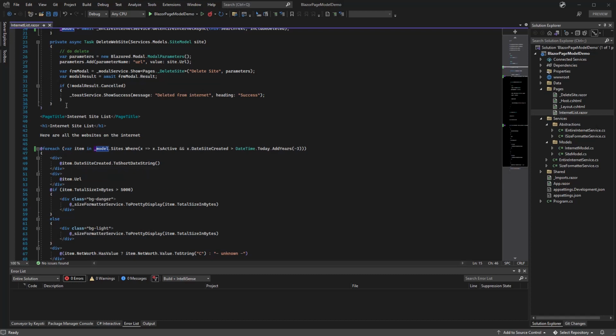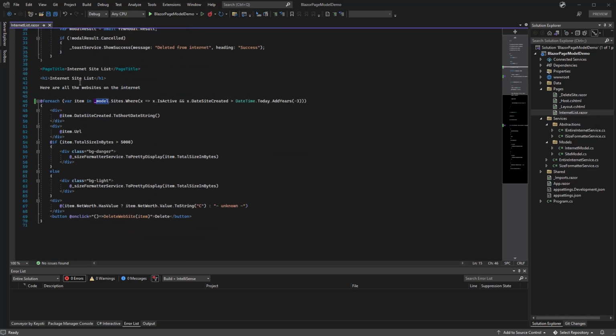So we have that C#, and then we have the actual page itself, title, header. We're going to loop through all the sites. We're going to further filter down the sites that came back from our service to be only active ones and only ones created in the last 3 years. We are going to then display some data. So we want to show the date it was created, but we're going to show it in a short date